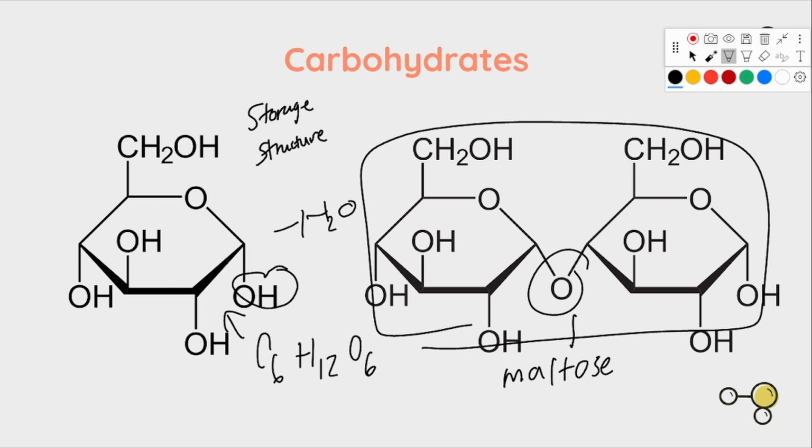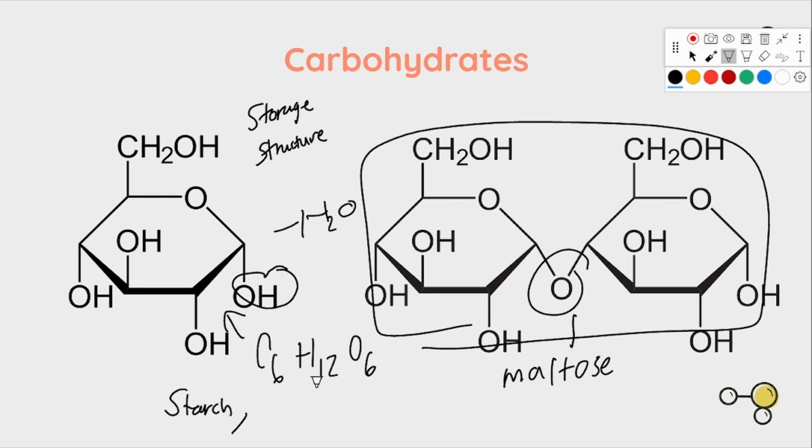Some other examples of disaccharides include sucrose, which forms from fructose monomers, and lactose, which forms from galactose monomers. Polysaccharides form when two or more monomers combine. Some prominent examples of polysaccharides include starch,